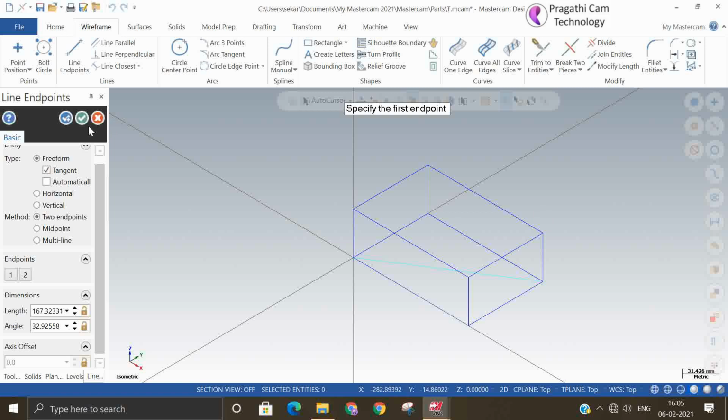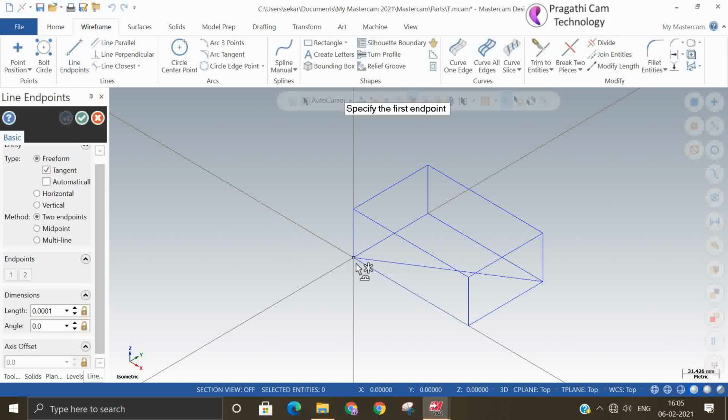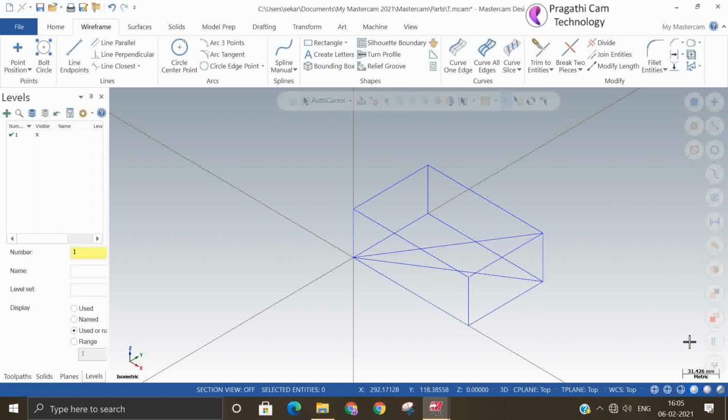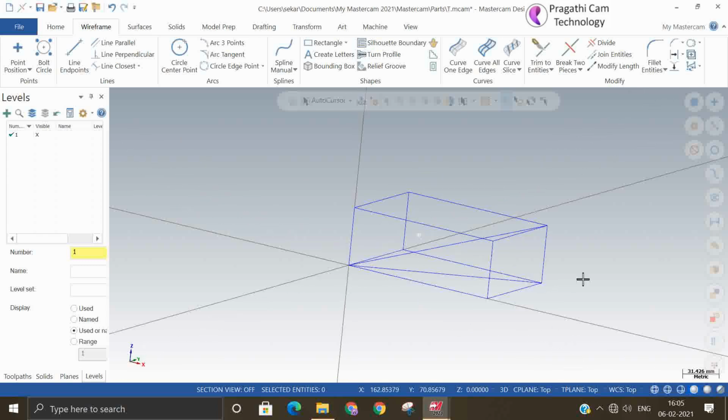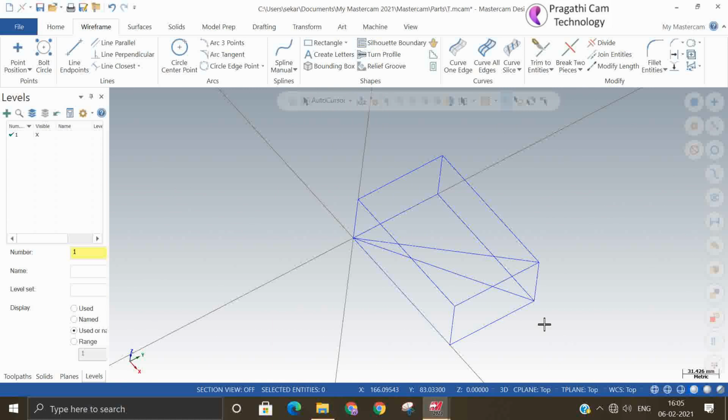Even though I am holding on the top, it is making it in 2D. Suppose I change to 3D, from here to here, now it is making it. If you keep 3D, you can directly draw 3D lines. If you keep 2D, you cannot draw 3D, it will make it in 2D only. That's the difference between 2D and 3D.